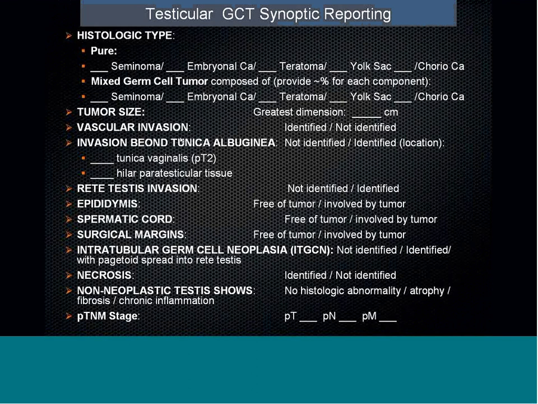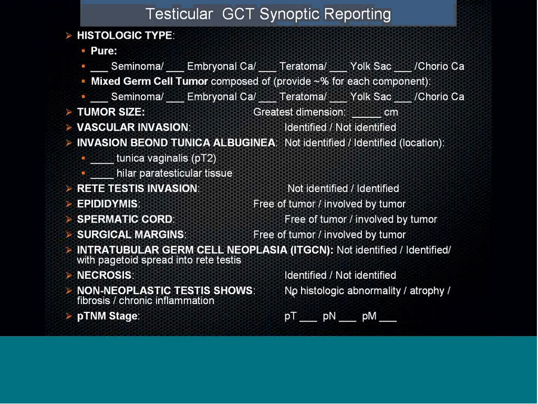Tumor size, presence of invasion beyond tunica albuginea, again, pT2, a rare finding, with tunica vaginalis. This is a more common finding, extension to the hilum, however, still considered as pT1 since it's not addressed in TNM. Rete testis invasion present or not present. Epididymis invasion present or not present. Spermatic cord invasion, same. Presence or absence of surgical margin positivity. And in precursor lesion, presence of intratubular germ cell neoplasia, present or absent. We tend to bury the pagetoid type of spread into the rete testis under intratubular germ cell neoplasia. Necrosis, presence or absence, and again,